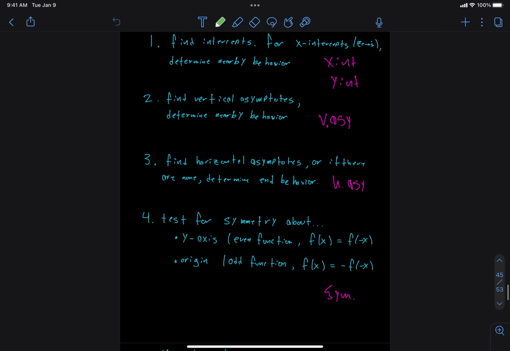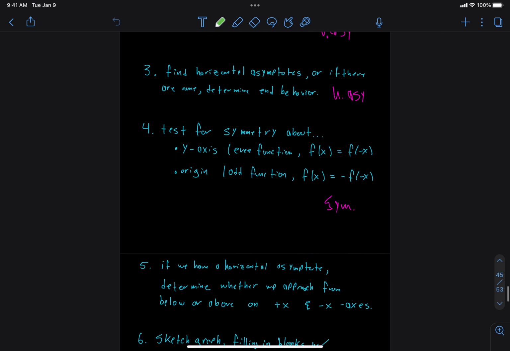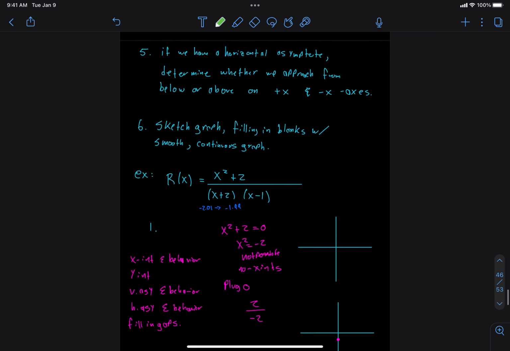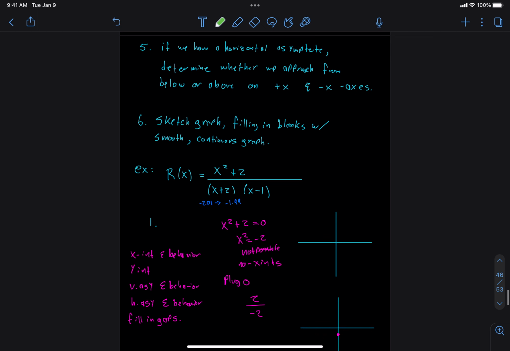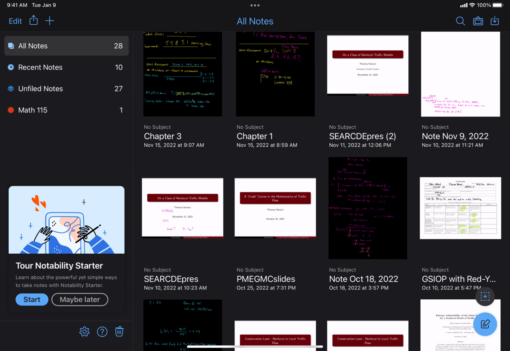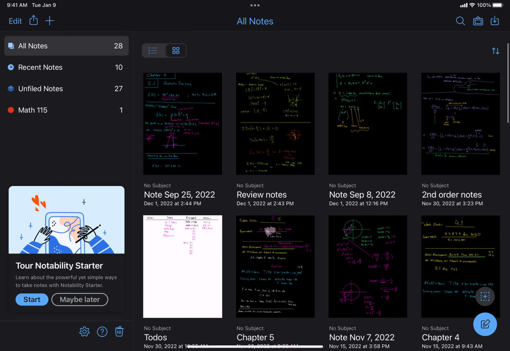Okay, so intercepts, vertical asymptotes, horizontal asymptotes. Oh, okay, symmetry. I don't really care about symmetry. I mean, you can include symmetry if you want. But definitely horizontal asymptotes. Oh yeah, and then any holes also. Do we have a question about